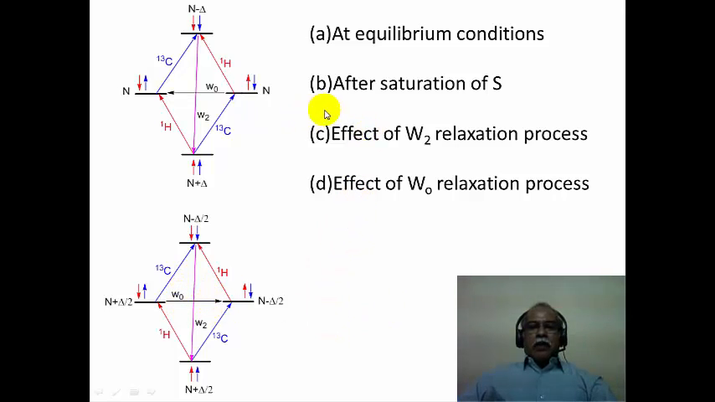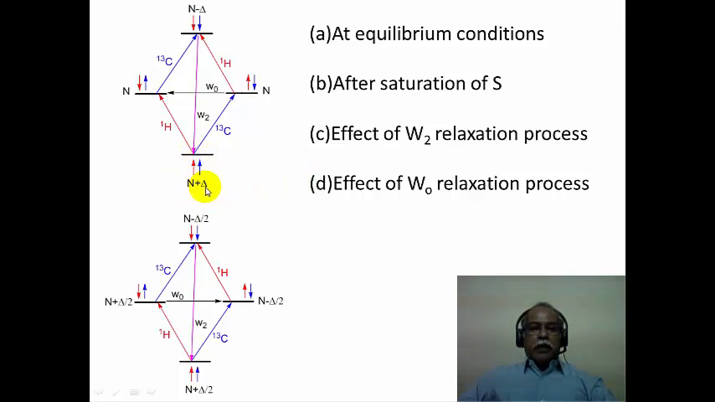Now let us look at the equilibrium condition. This would be the equilibrium condition where you have a slight excess population in the ground state. Let us assume there are 4n spins available totally. For the total number of spins equal to 4n, you distribute equally n number of spins in all the levels, except in the ground level you have slight